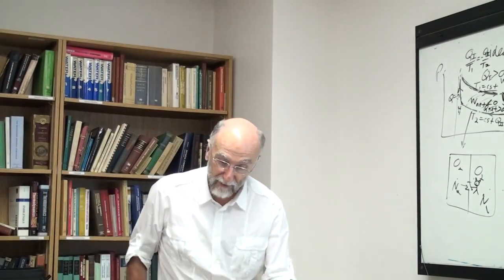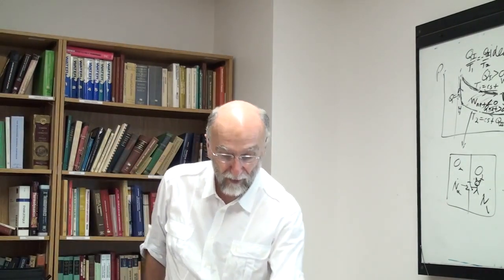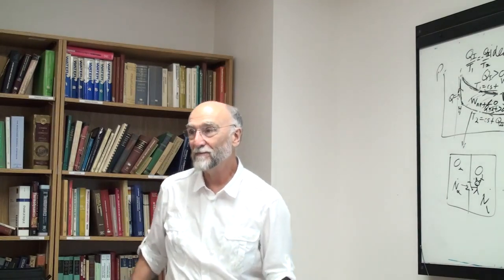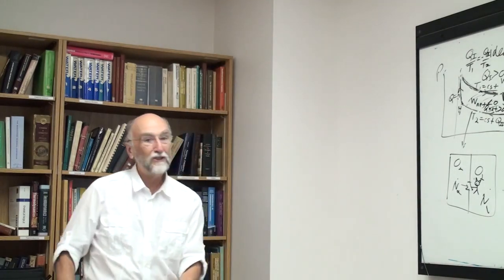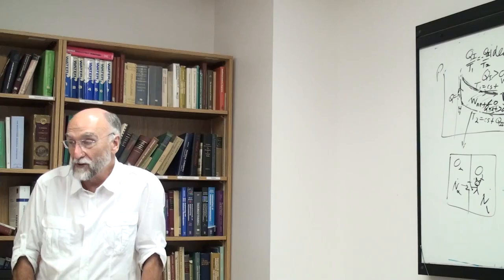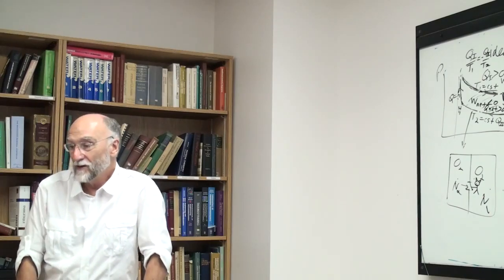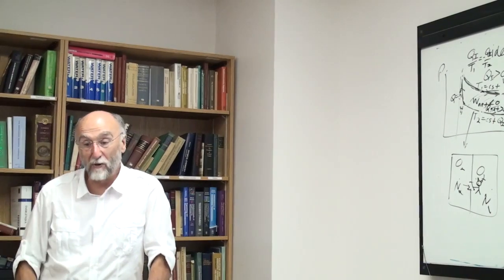Was there anything else I wanted to say? Oh yeah, perpetual motion machines. A perpetual motion machine of the first kind is one that violates the first law. And these are the most common. You've seen perpetual motion machines where actually you're making energy. Your conservation of energy, you're getting energy from nothing. But there are